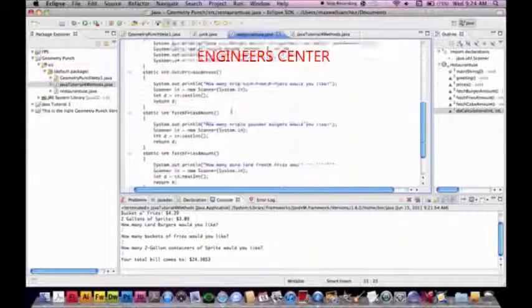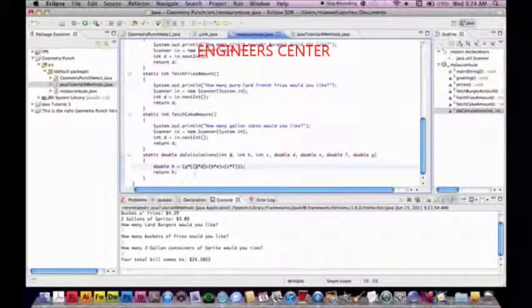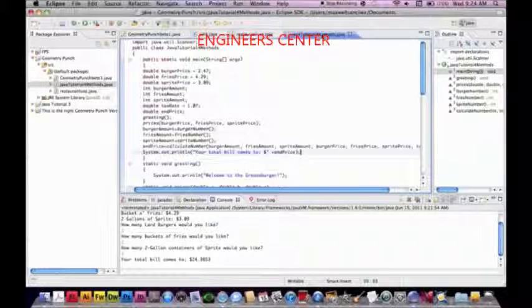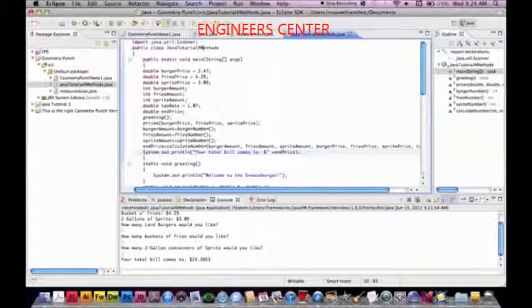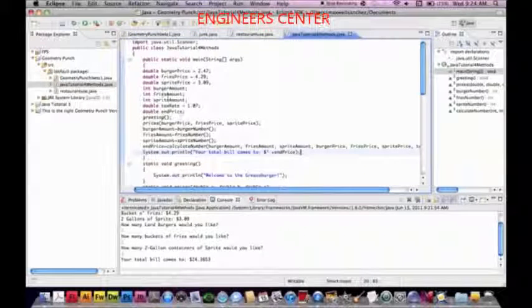So anyway, this is the one I made for class. Not much different. In fact, I did almost the exact same thing. I think I might have added an extra pair of parentheses. No, I did not. So anyway, I'll be posting the source code to this one in the description of this